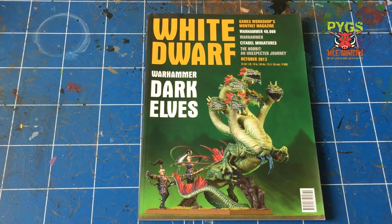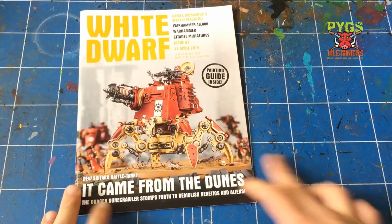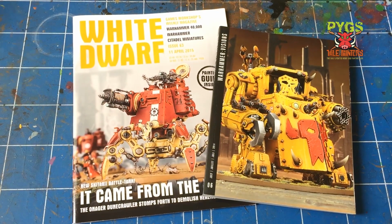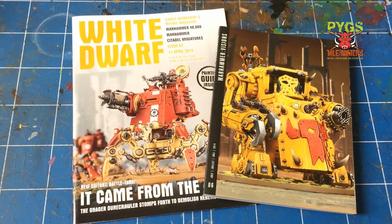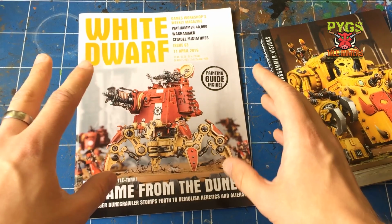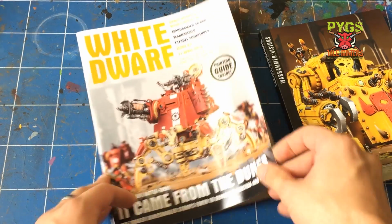Then, to many, it started going wrong. And it started going wrong when they switched to a weekly format with a monthly magazine. And all of a sudden you thought, oh wow, incredible, I'm going to get a weekly fix of White Dwarf and still get my monthly magazine. But it didn't work out, because whilst the weekly is amazing because it gave you so much hobby content, it was just brilliant. You had